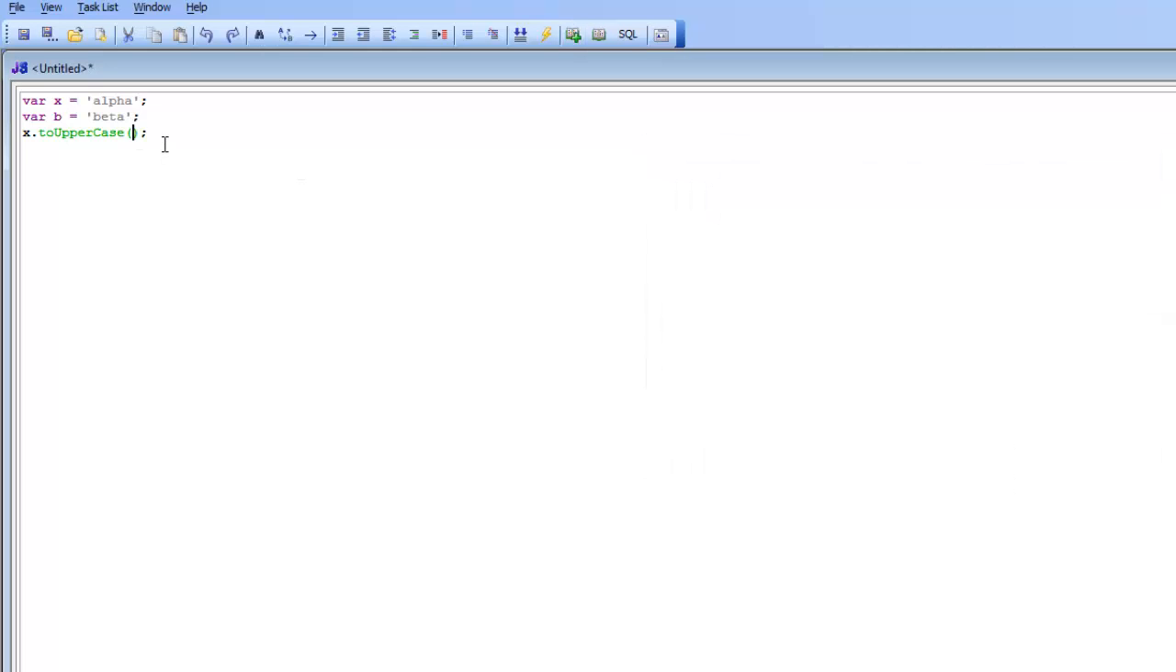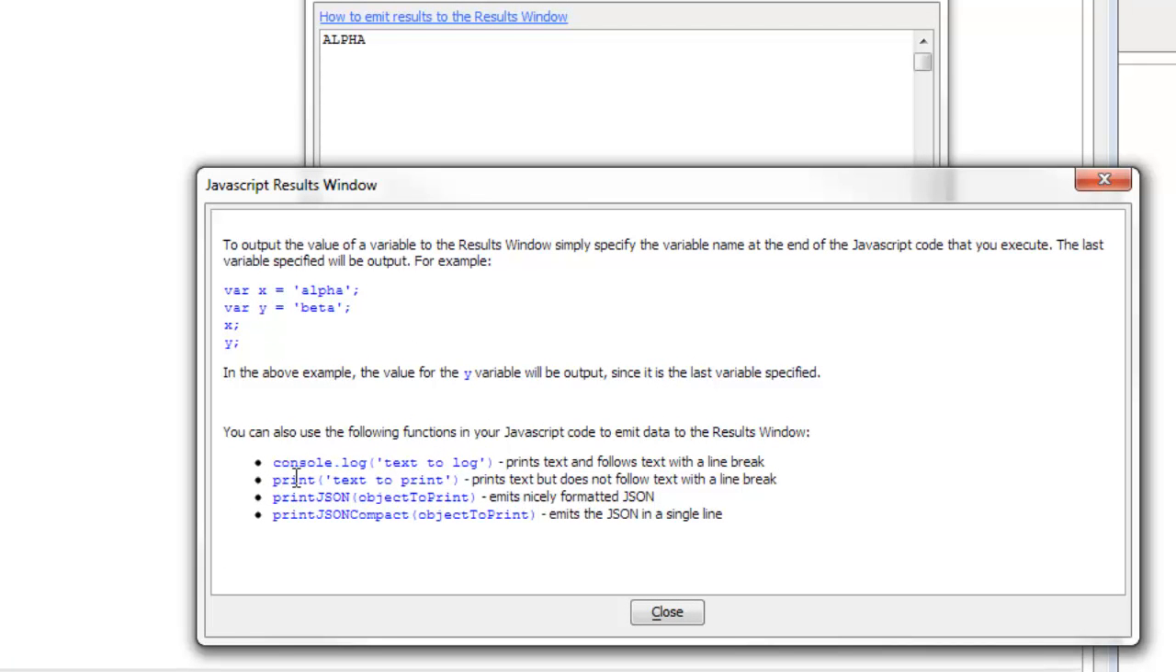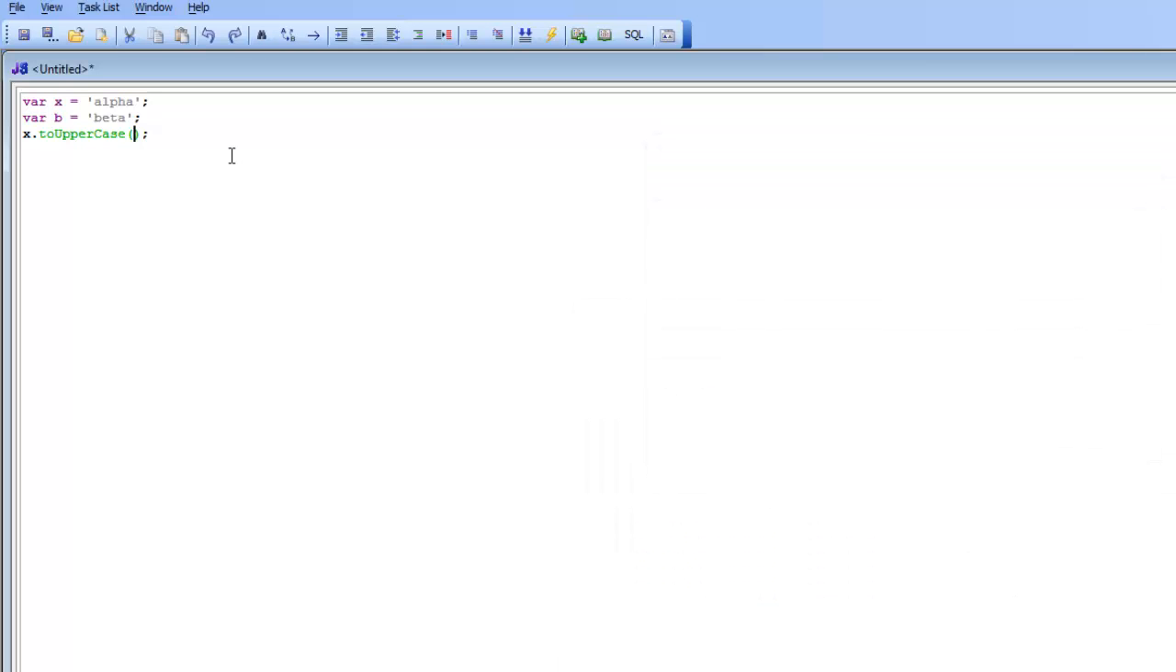Now, in addition to just emitting the last variable, you'll see here that we also support certain print statements like console.log, print, print.json, and print.json compact, which will also emit text into the results window. So I can go now, for example, and say var obj equals, and then say name Fred, city Boston, and then I can go here and say print.json of obj,